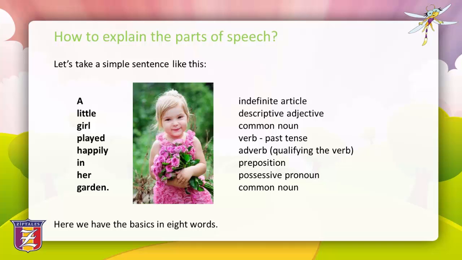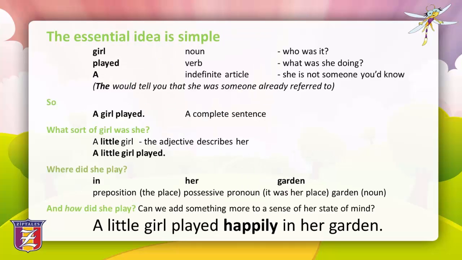Here we have the basics in 8 words. The essential idea is simple. Girl, a noun. Who was it? Played, verb. What was she doing? These 2 words make sense on their own, but most people want to add useful bits of information, such as